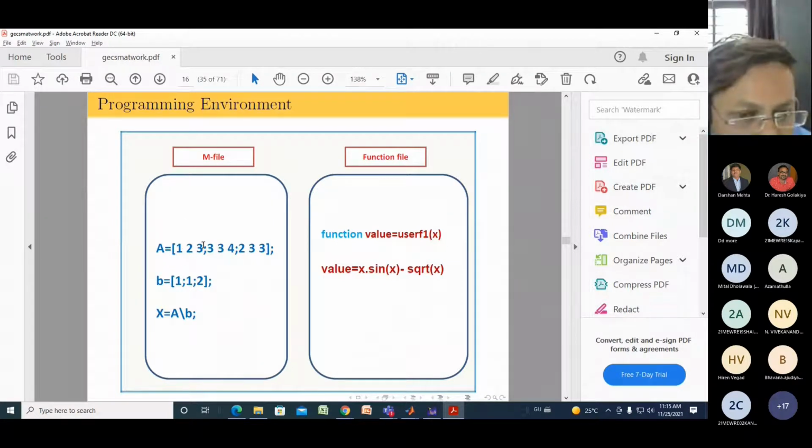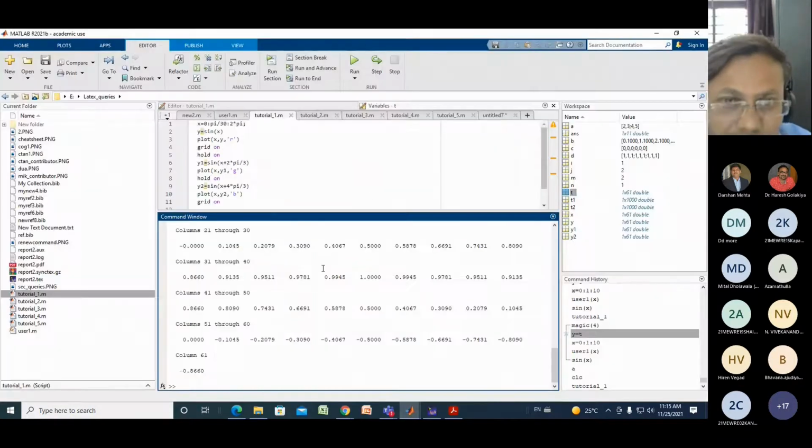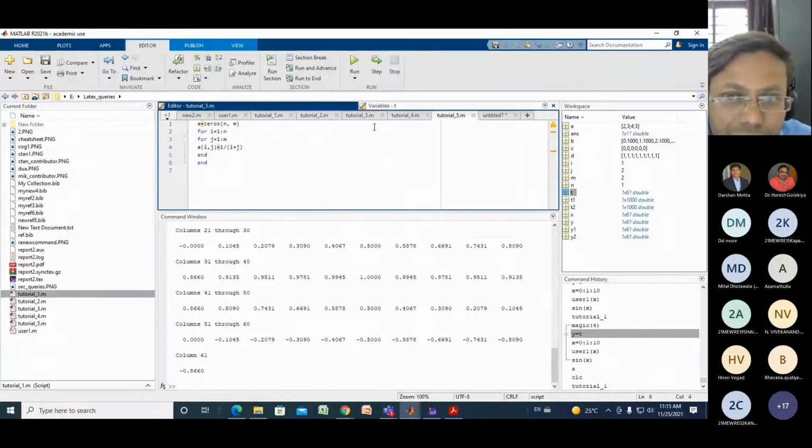So you can create the M file for any specific task, for any specific purpose. That is known as your MATLAB file. I will show you some MATLAB files. For an example, this is my MATLAB file. Okay, so this is a MATLAB file. I will show you the MATLAB file.